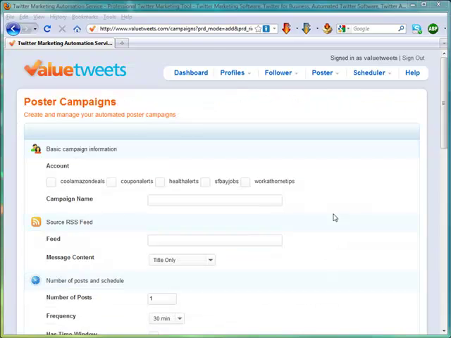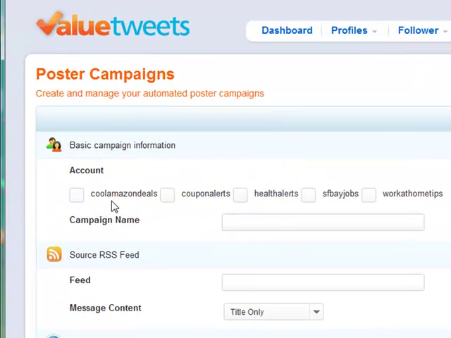Now that we're inside the options area for the poster campaigns, we're going to be setting up the various options to ensure that we get highly targeted content delivered to our Twitter account. So the first thing we'll need to do is actually choose the account that we want to get content delivered to. In this case, I'm just going to go ahead and choose my Koi Amazon Deals account that I used